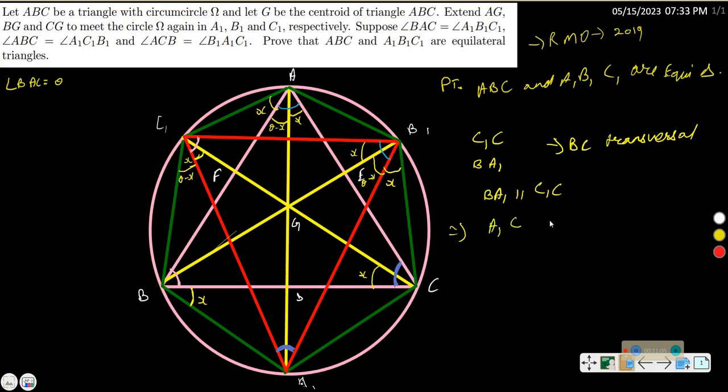the line A1C is parallel to B1B, and then AB1 should be parallel with this. See, wait a moment. This line will be parallel to this, right? So AB1 would be parallel to C1C, and A1C would be parallel to BB1, and this would also be parallel to A1C. Alright,